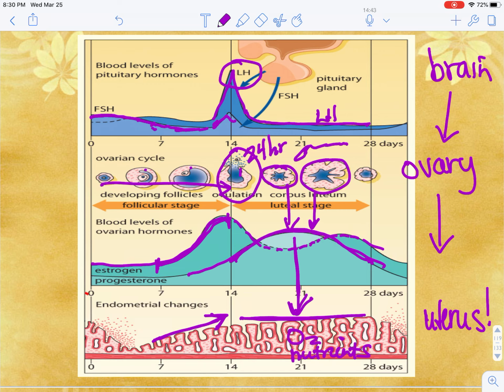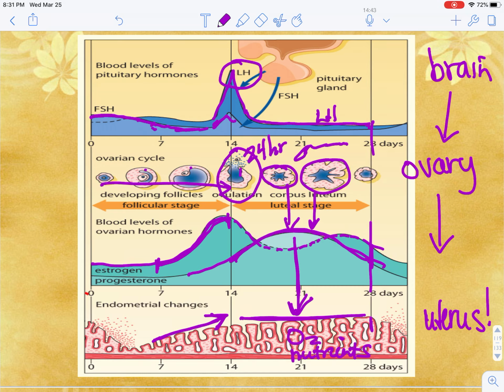It takes about a week to make its way down to the endometrium, and it has to be ready for that fertilized egg to implant. And if there is no fertilization, though, which is most of the time, the egg does degenerate, and the body knows there was no fertilization, and all hormones crash. So we see a crash here of estrogen, progesterone,